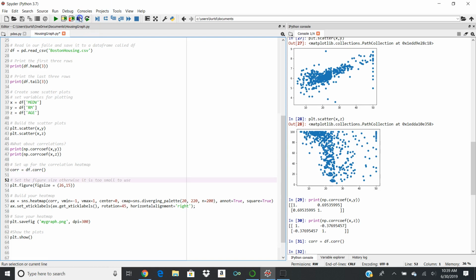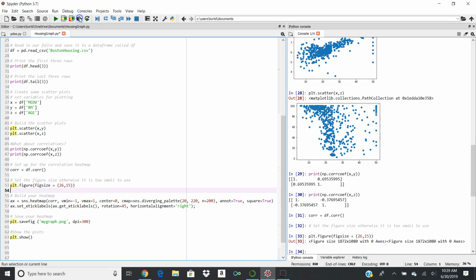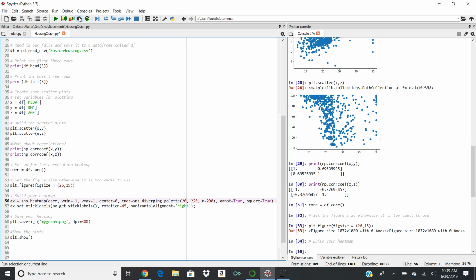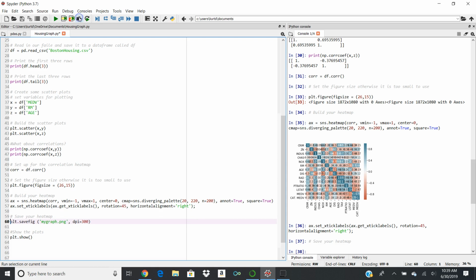We're moving into our next thing where we're going to say, all right, use matplotlib pyplot figure to set my figure size. That is done. Okay. Now I'm going to build the heat map. Run that, and we've got a microscopic heat map. Okay. But now we're going to go ahead and